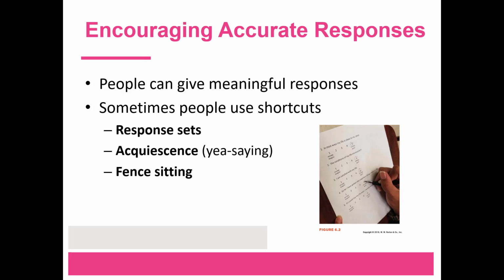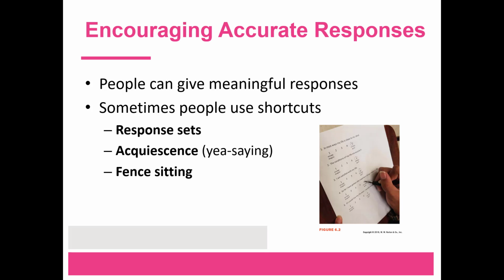Sometimes respondents use shortcuts when answering surveys, perhaps to finish them more quickly. These shortcuts often throw off the data and are inaccurate representations of responders' true thoughts. One such shortcut is a response set, also known as non-differentiation, which is a way of answering a number of questions in the same way. For example, selecting strongly agree for every answer. Response sets weaken construct validity because respondents aren't saying what they really think.